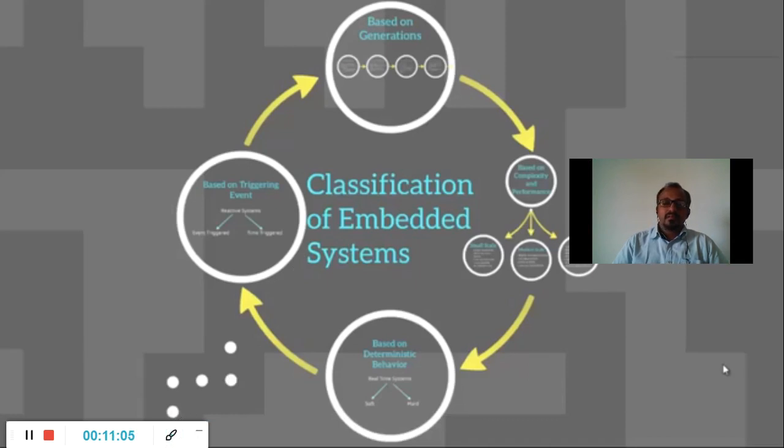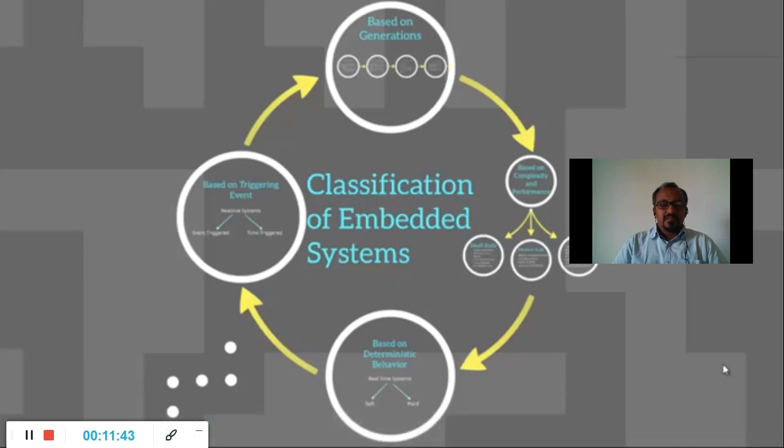For example, if I am moving the mouse, the cursor has to move without much delay. A fraction of a second delay is acceptable, but if the delay is more, for example 2 to 3 seconds, then such embedded systems are discarded, not accepted by the customers. Such embedded systems are very time-bound applications.